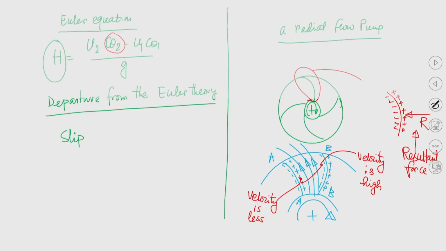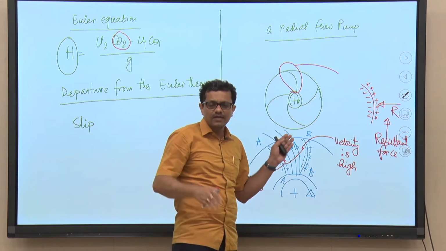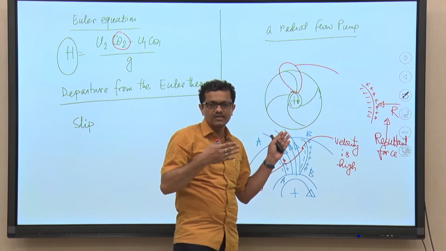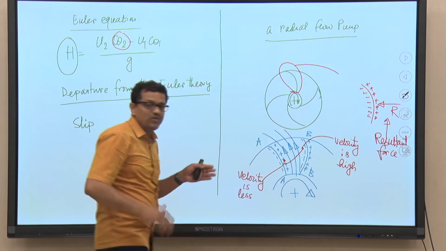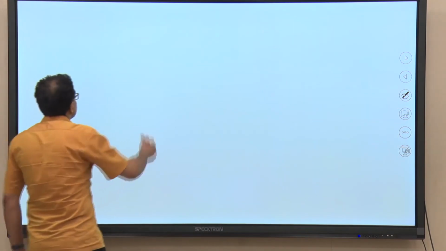So, now I am going to discuss what I was saying, that this non-uniform velocity distribution will be responsible for the mean velocity, mean flow direction to be precise, leaving the pump impeller at the outlet to be changed. What is this? So, if we try to draw again a pump impeller, right. So, this is the pump impeller.